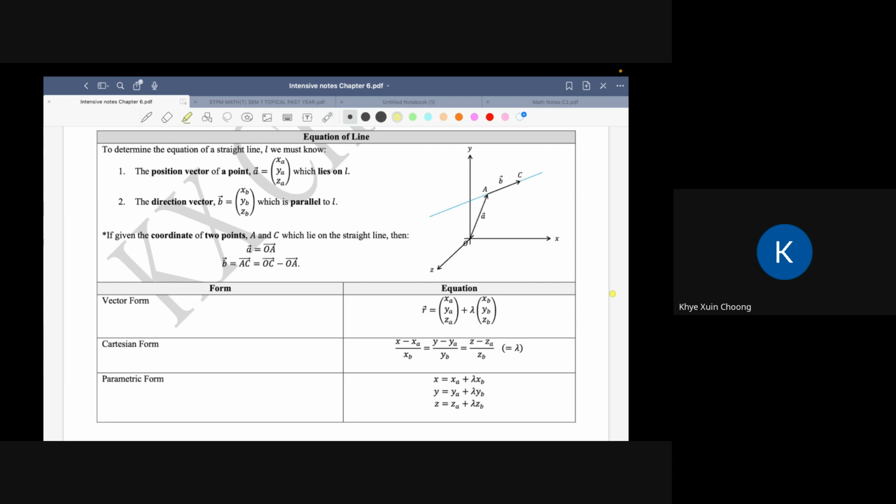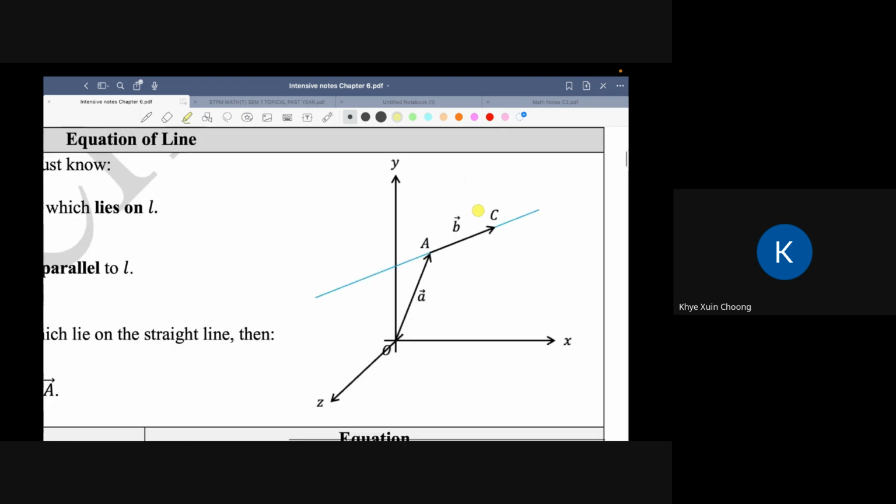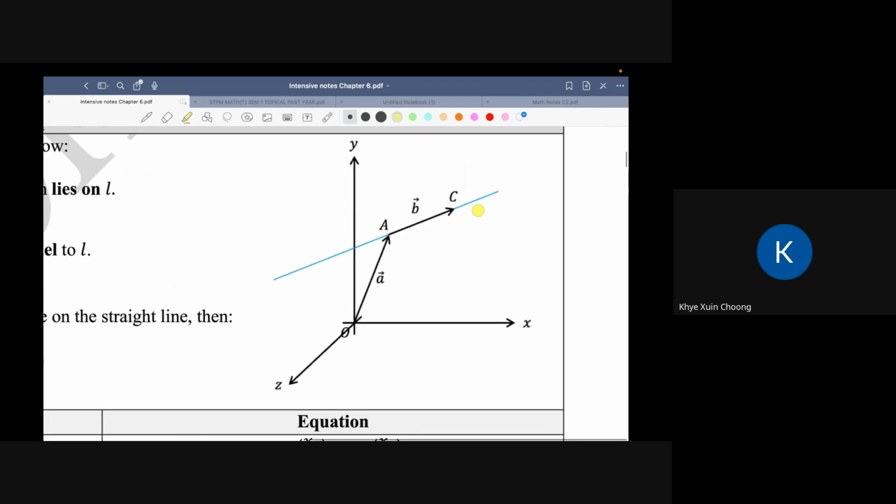If you want to find the equation of a straight line, you need to know two things. You need to know a position vector and a direction vector. So the position vector is something like this. We call it A, and the direction vector we call B. The position vector locates one point on this line. After you locate one point on this line, you just add any vector that is along the line. We call it